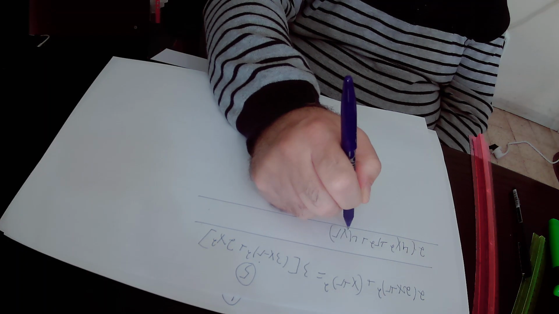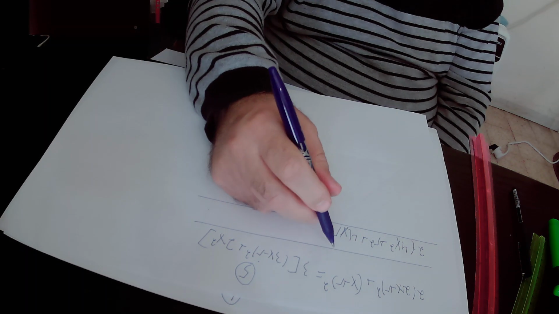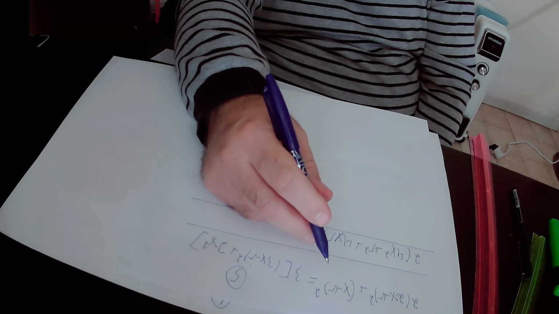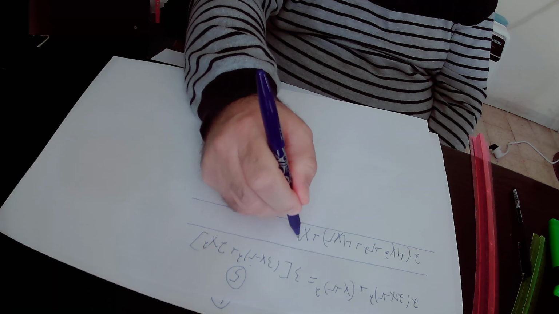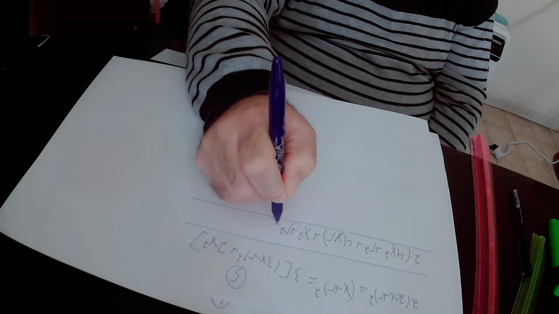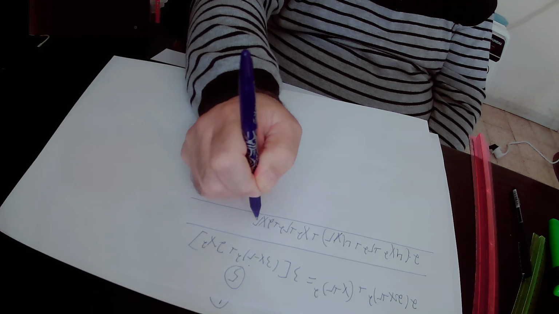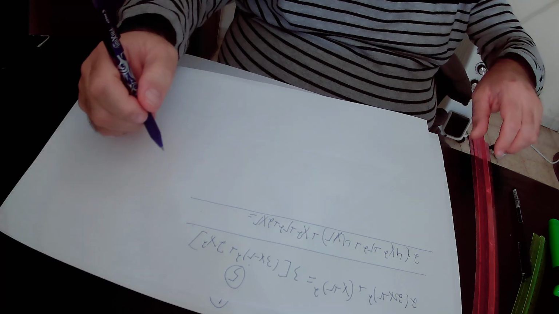Okay. And we also have here plus x plus r squared. X plus r squared is x squared plus r squared plus 2xr equals to, in the other side of the